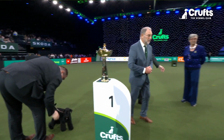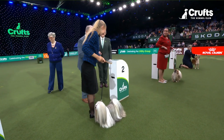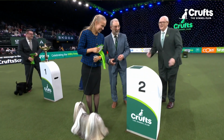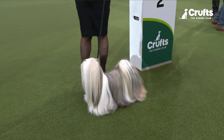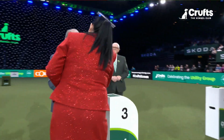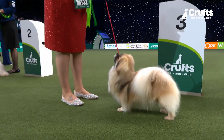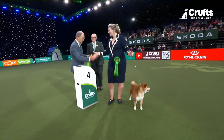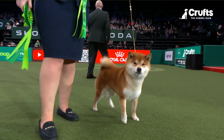Still very alert, and the Lhasa in second place, and it's rosettes, which they'll value forever. A group rosette from Crufts. Rosettes for the Lhasa Apso. And the Tibetan Spaniel. A lovely type and outline. Look at the alertness and the devotion of the Tibetan Spaniel. It's what they were noted for, devotion and loyalty to their owners. And they're very smart. Shiba, those markings and